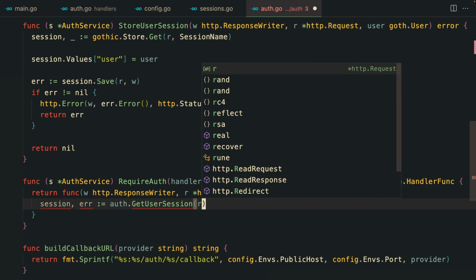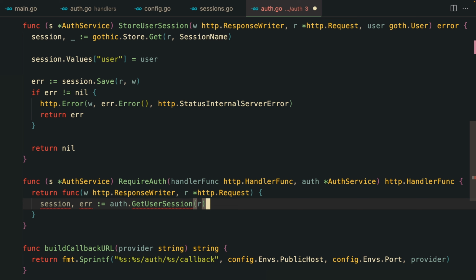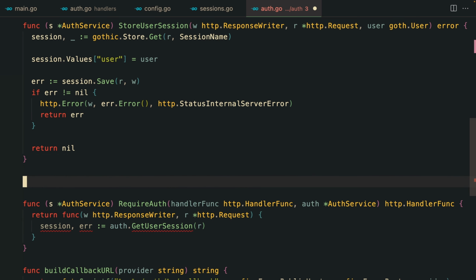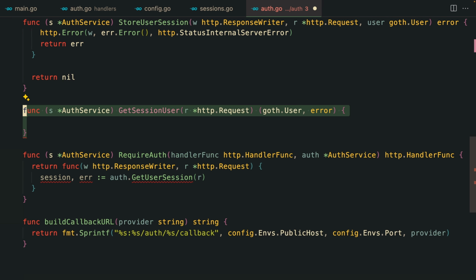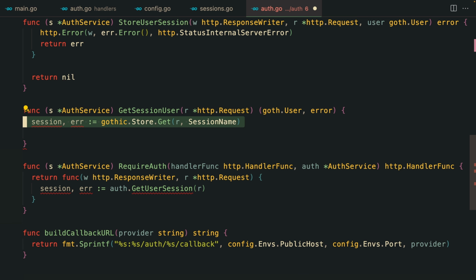And here we pass in the request, because we need to access the cookies. So let's go ahead and create this function. It's going to be very simple as well. It first receives the request and returns a Goth user if there is one, otherwise it's going to return an error. So the first thing we do is go to the Gothic store as is seen,